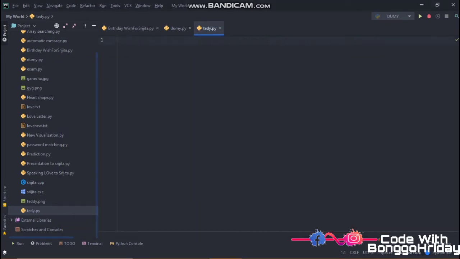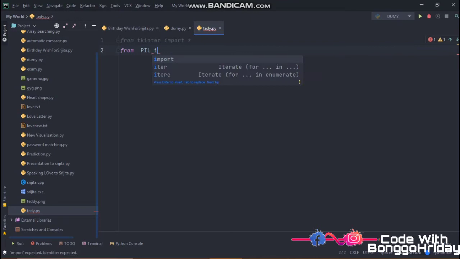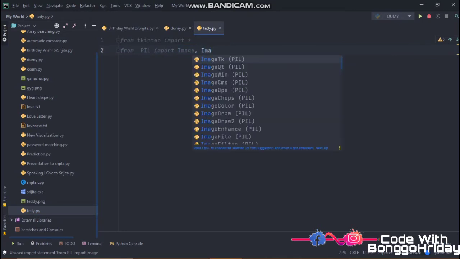Okay, by the way, I just completed, so I have to import Tkinter. So from tkinter import star. Okay, now you have to import PIL from Pillow module. So from PIL import Image, comma ImageTk.